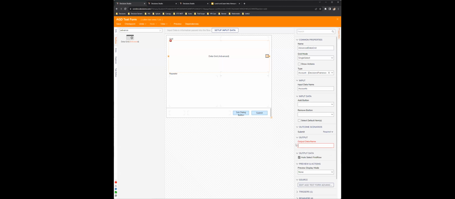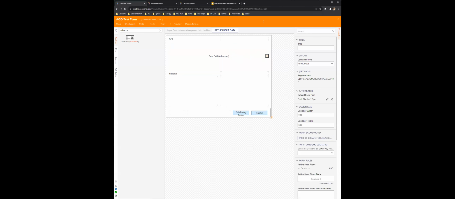But for me, actually, the struggle is to access the current data in the form without actually having any output. So you have data in the data grid, you don't select anything, and you want to read the data from the data grid within the active form flow, and maybe modify it. So basically, modify the input for the advanced data grid within the active form flow.